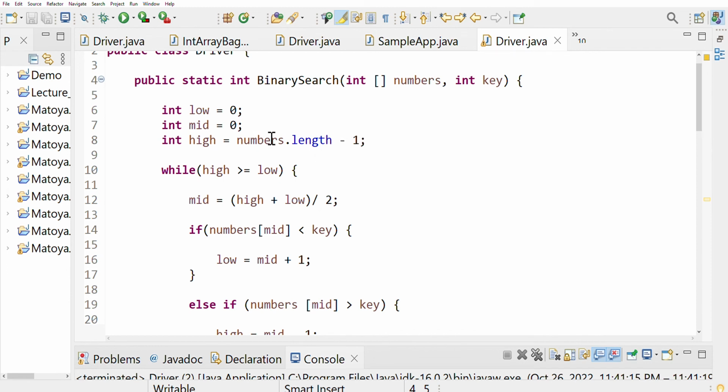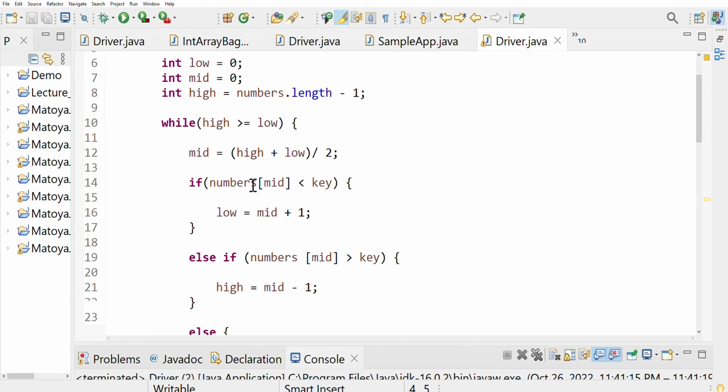So that's why we have numbers.length -1, and then we have a while statement that is going to evaluate to true. So high is going to be either larger or equal to low, and we say mid is equals to high plus low divided by 2, and then we say if